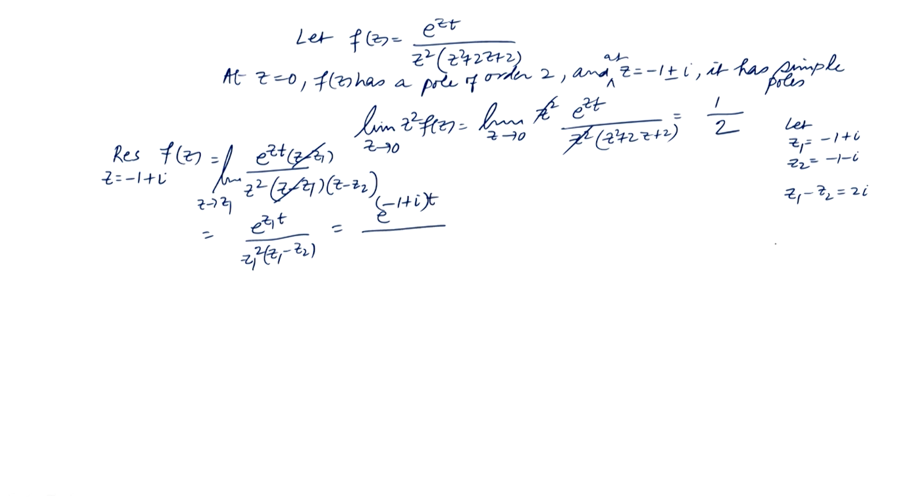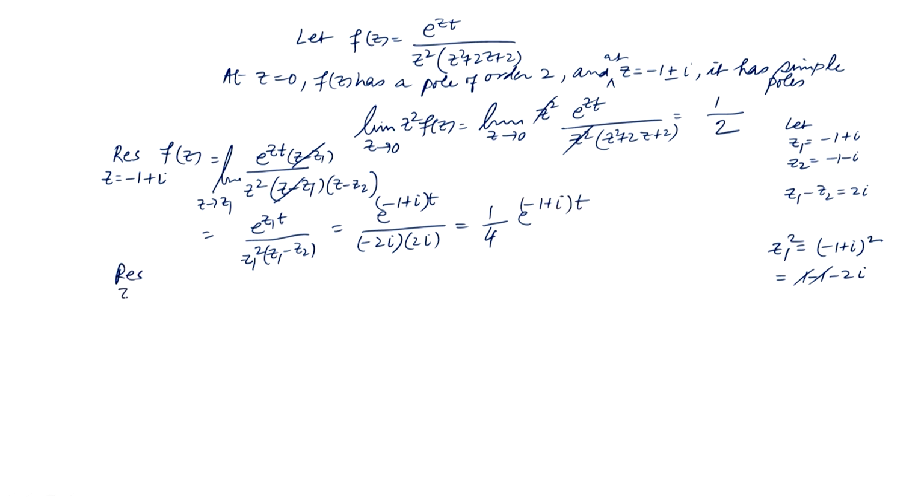z1 squared is minus 1 plus i whole squared. So this is (1 plus i) squared, so 1 minus 1 minus 2i. So we get minus 2i. So minus 2i into z1 minus z2 is 2i squared, which is minus 1. So this is 1 by 4 e raised to the power (minus 1 plus i) t, and the residue at